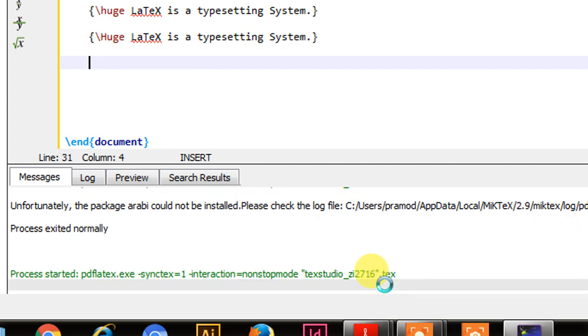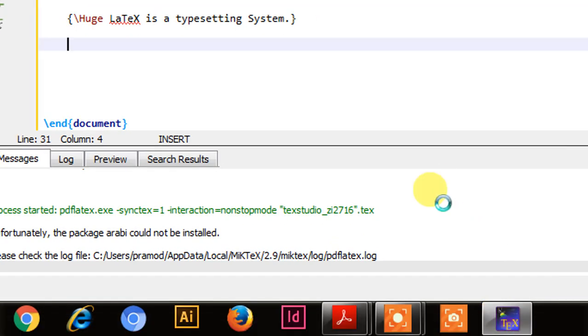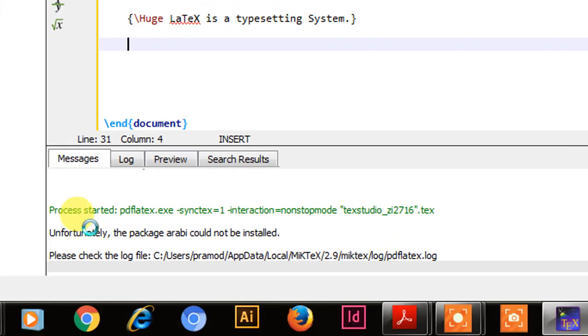As this is the first time, it is taking some more time, so the processing is still going on. Let us wait for it. It is almost on the verge of completion.